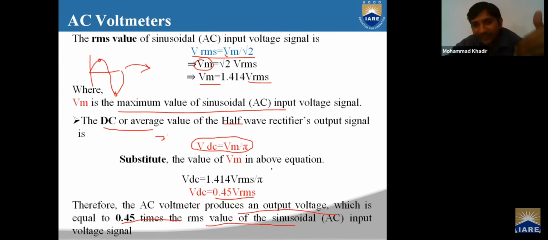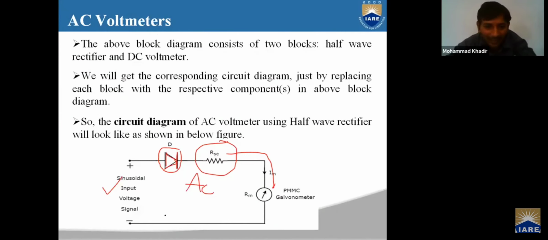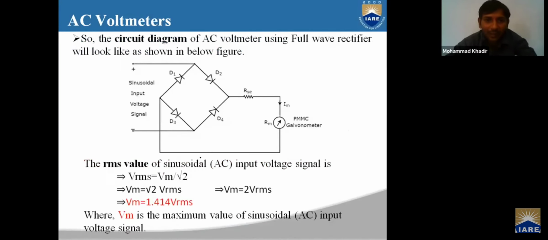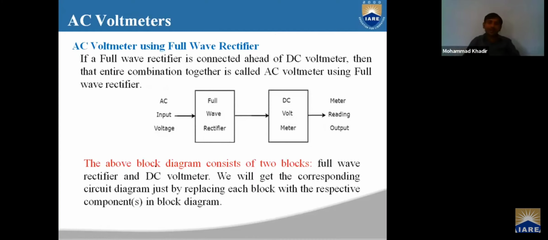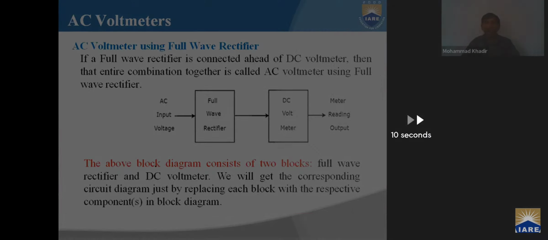Now if I apply the full wave, you just have to add another diode to the circuit. Two diodes have to be connected here. Here 4 diodes will be present, but at a time only 2 diodes are connected. The rest of the 2 diodes will be in off mode. In this way almost 80 to 90% of the AC will be removed, and you will get about 90% DC output with some amount of AC, which is called an AC voltmeter.